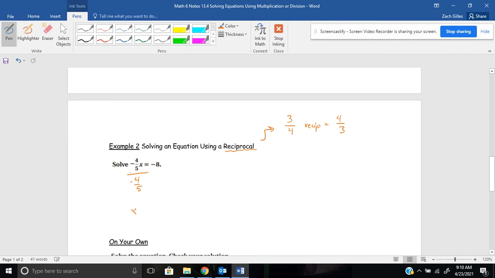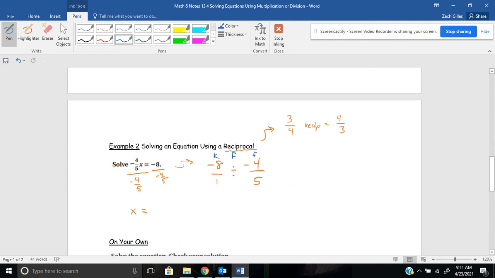And that's what I want to know, is how much 1x is equal to. So if I divide by -4/5 on the left, I also have to divide by -4/5 on the right. But let's remember how we divide fractions. I have -8, which I can make a fraction by putting a 1 under it, divided by -4/5. Anytime I'm dividing fractions, I need to remember to multiply by the reciprocal,